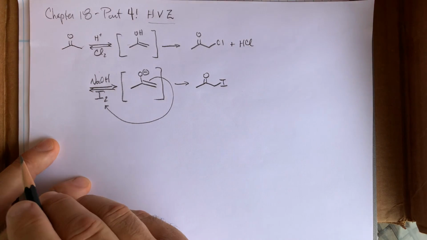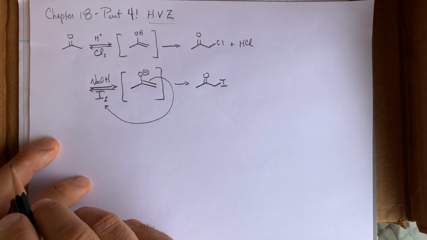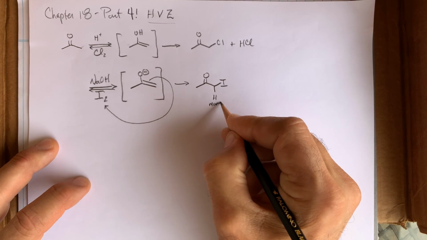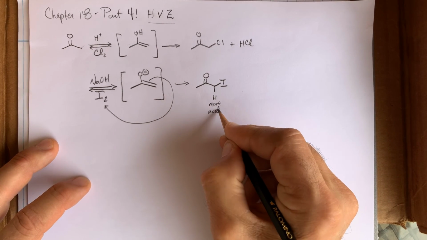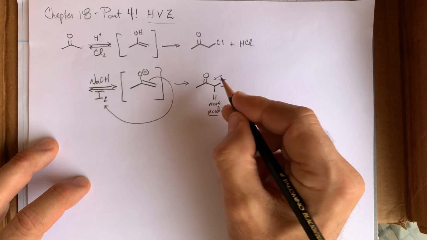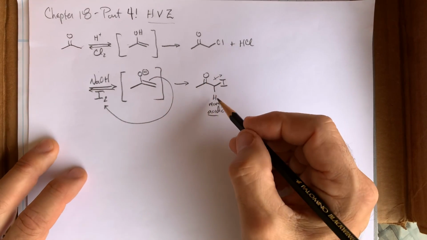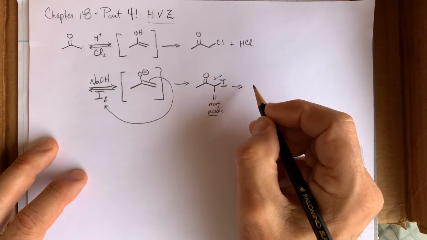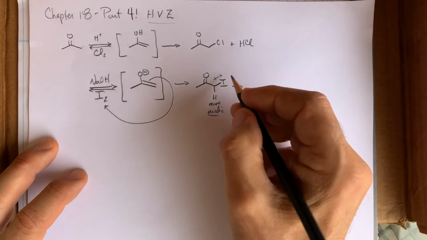But if you're making it under basic conditions, the iodide, which is still electron withdrawing, makes it more acidic, and so that will react faster,